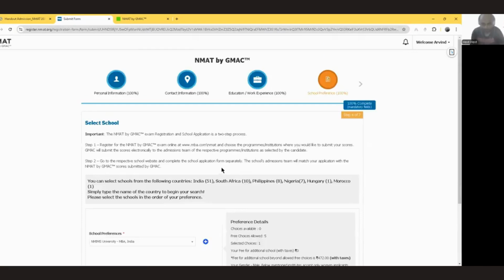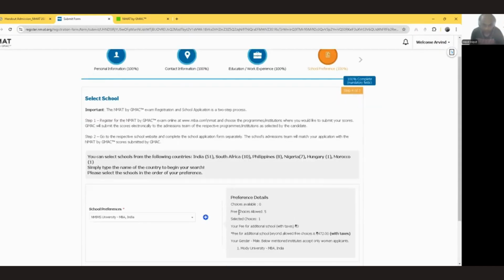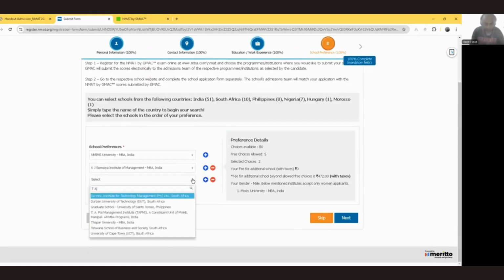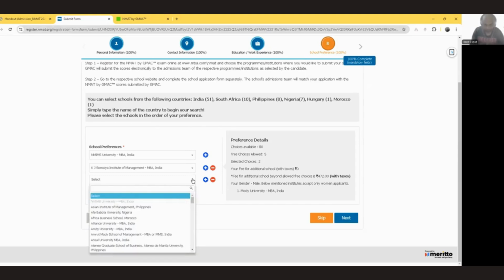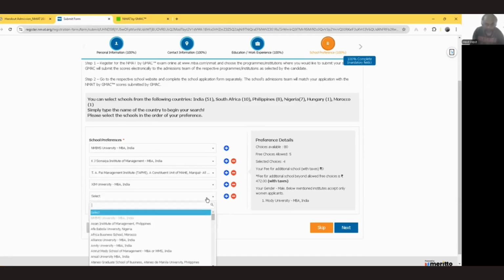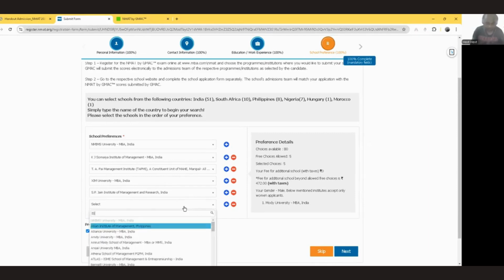Then the next question is on which B schools you can apply to. See, you can apply up to 5 B schools. Here, free choice is allowed, 5. So, going ahead, KJ Somaiya is a B school that you can apply to. There is TAPMI, then there is XIM University, Bhubaneswar, then there is SP Jain. But for SP Jain, you can only apply to their GMP program, which is not the flagship program. Then finally, you also have